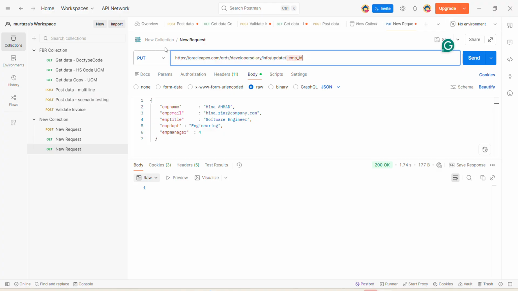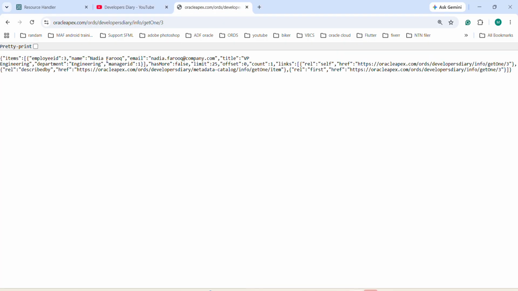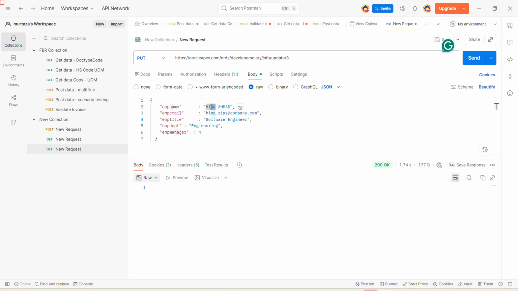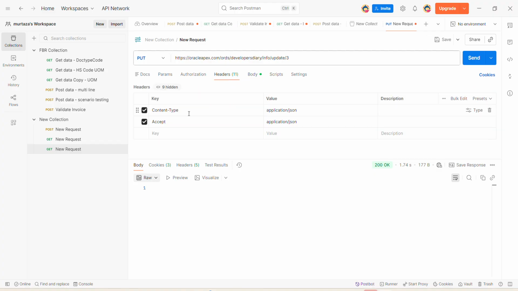For example, we are going to update employee 3 here, and the name is Nadia Farouk, and we want to change it to Nadia Ahmed. One thing that we have to pass through headers is the content type and accept. So let's pass